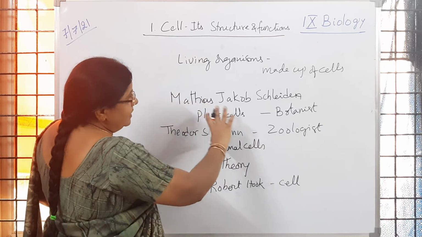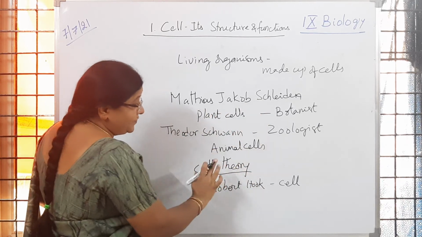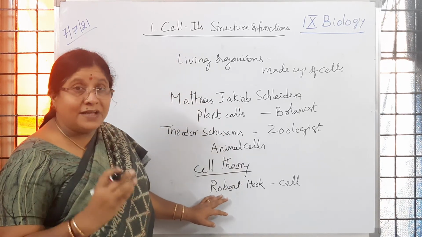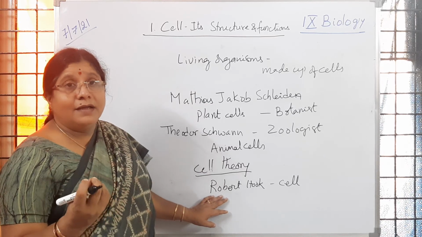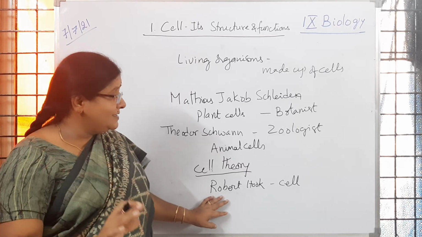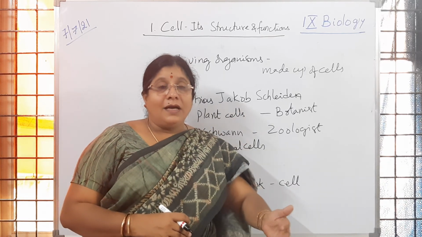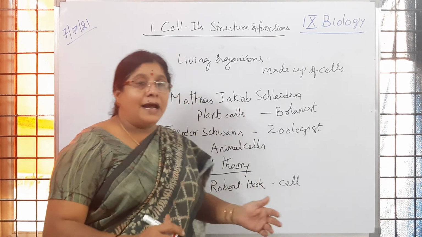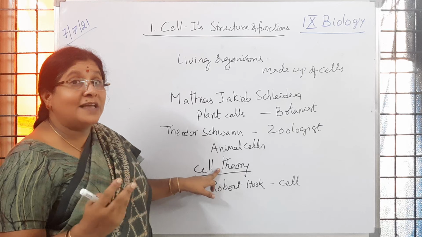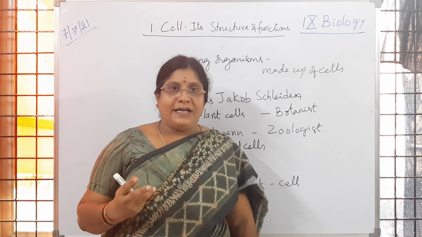So the theory which was given by Schleiden and Schwann, if we see, there was a gap of 200 years. Robert Hooke, when he observed cork cells which are dead, saw them empty. So he said, yes, a living organism is made up of cells. Later many scientists added some information to the field of biology, and finally these two scientists proposed cell theory. So you can understand how much time it took for the scientists to do investigations. Is it clear to children?